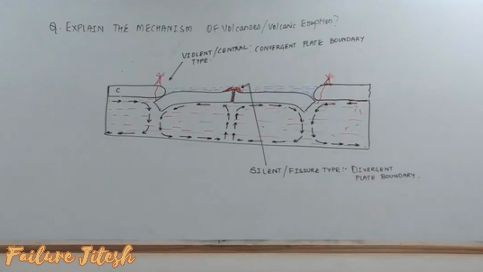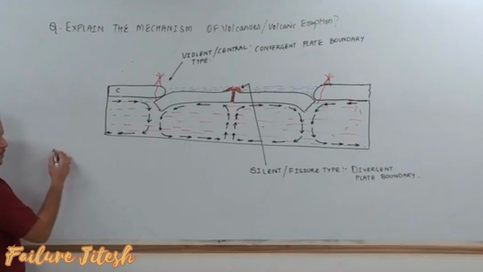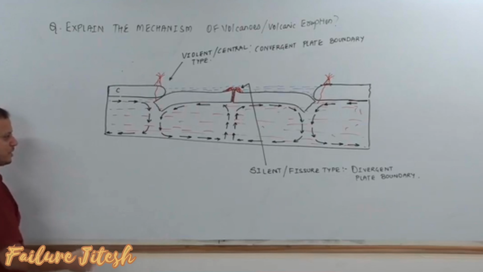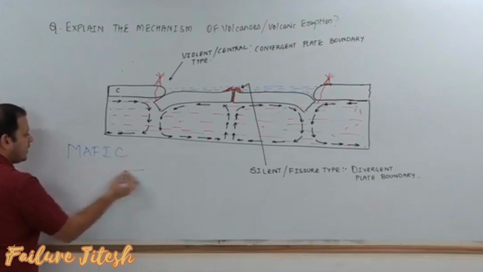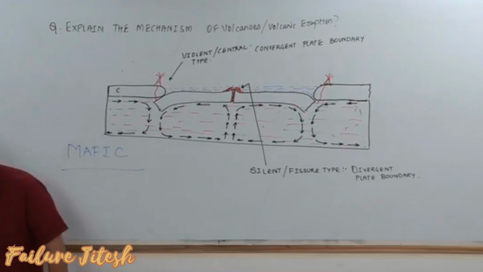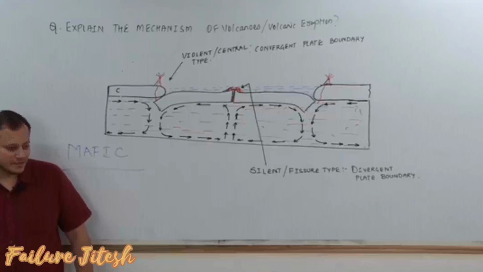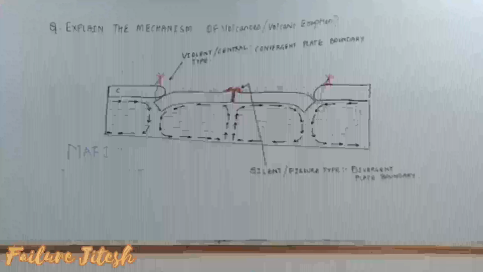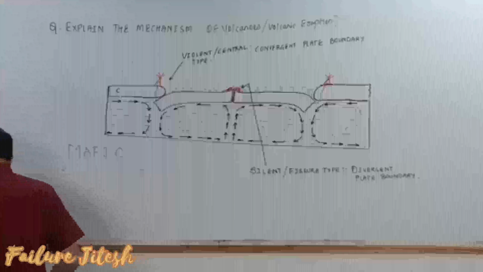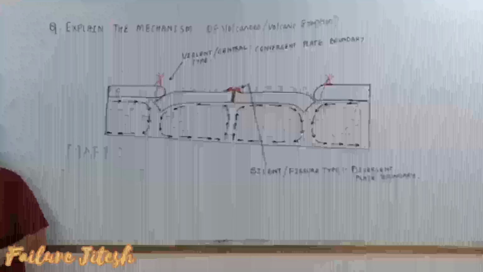magma which is fluidic and basaltic in nature, and don't write basaltic, तो आपको पता है. I will give you one more word, mafic in nature. Meaning is rich in iron. Basaltic and mafic in nature. Mafic matlab basic. Why basic? Because it is rich in iron. Mafic in nature. Rises upwards